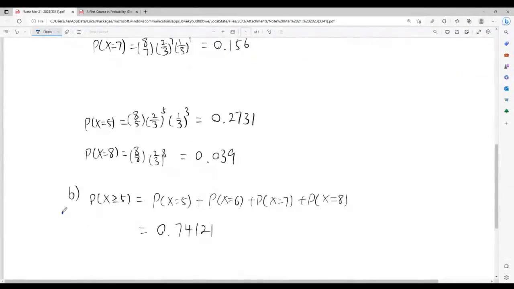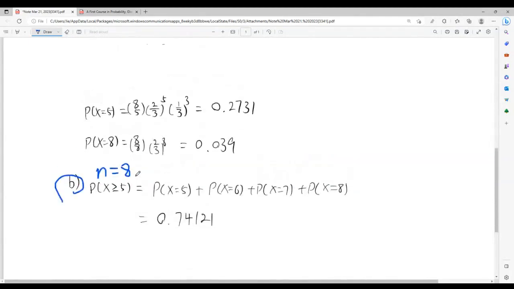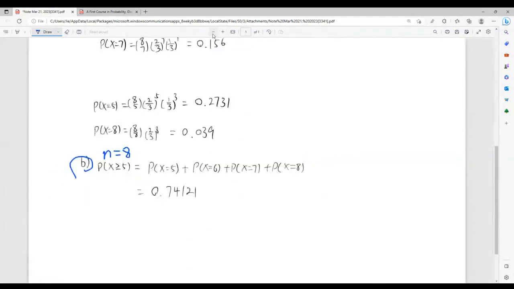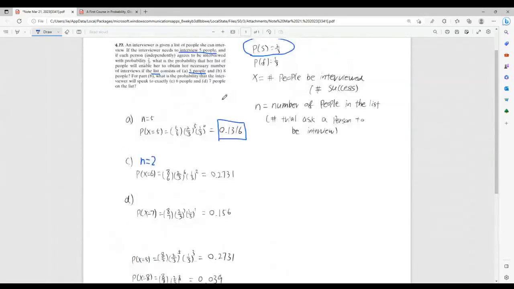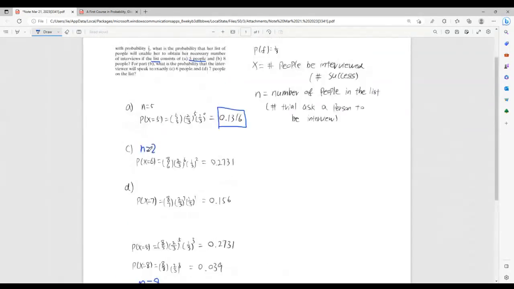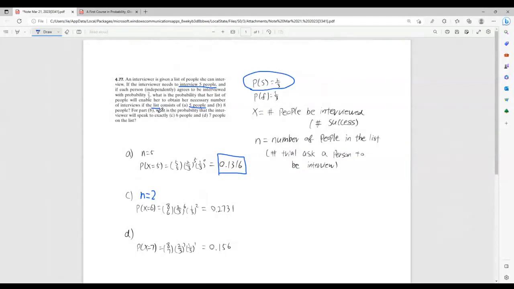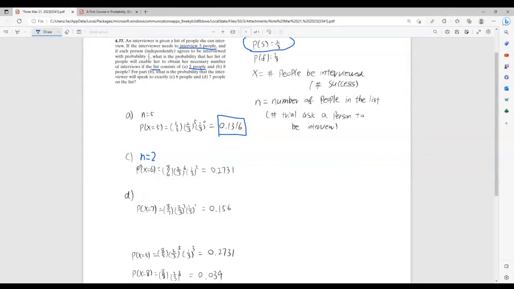N equal to 8. Let's do C and D first. What is the probability that the interviewer will speak to exactly 6 people? With the condition in B, there are 8 people in the list, and we're looking for 6 successes. So we have